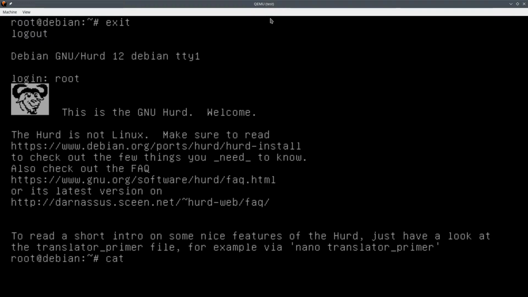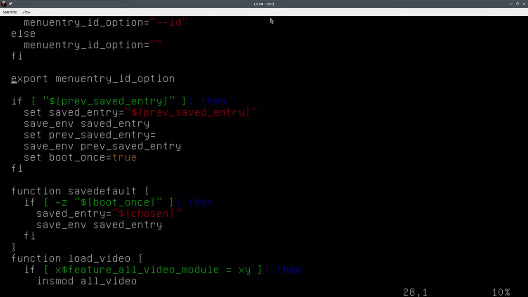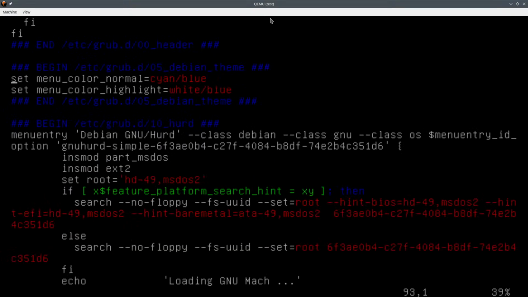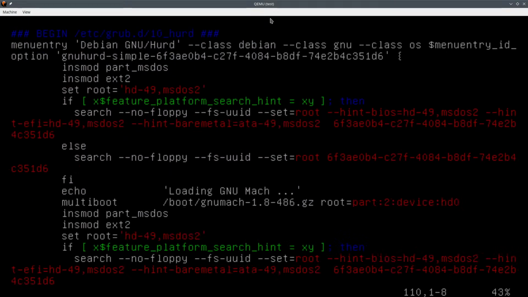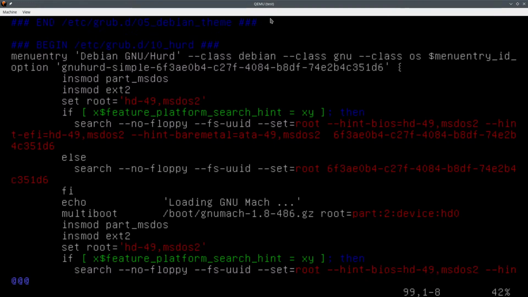Okay, so I just want to read Grub2 and if I'm very lucky, I'm going to have a thing here, and here we have the Debian new Hurd thing.